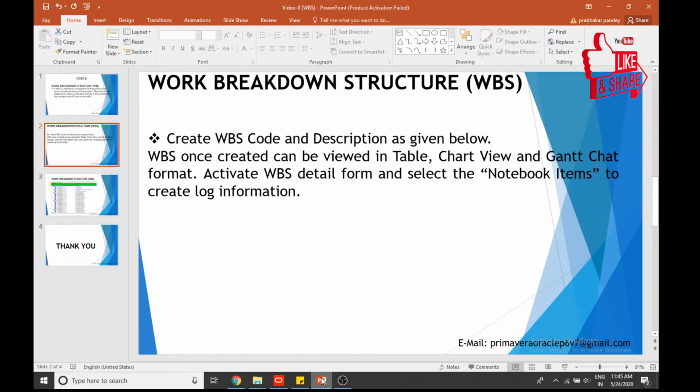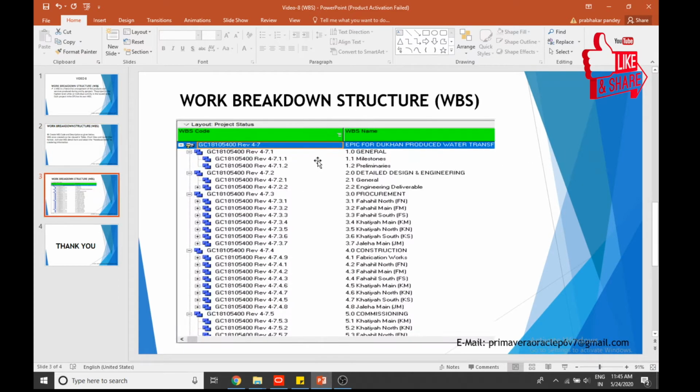To create a WBS code and description as given here, we have some WBS, like this one for a project: general, milestone, preliminary, detail engineering, design engineering, deliverables, procurement, then construction, then commissioning.